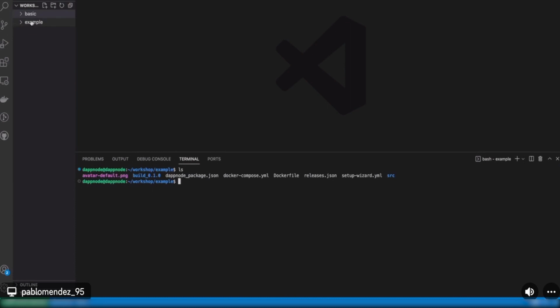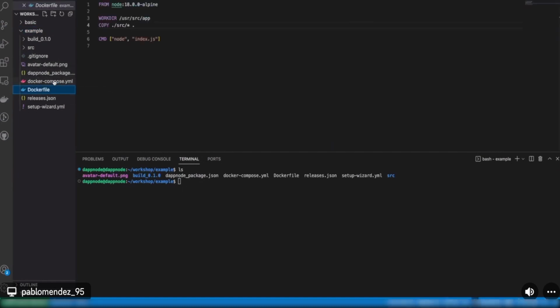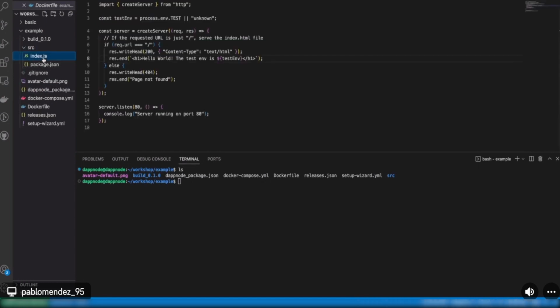Here I have another DAppNode package which already has the setup wizard and the command manifest and so on. So let's check the Dockerfile. This package will copy all the content from the source folder and will start an application which starts with this index.js. Let's check what this index.js does.